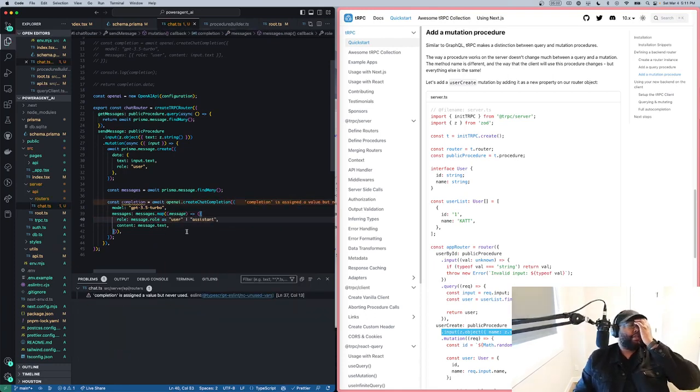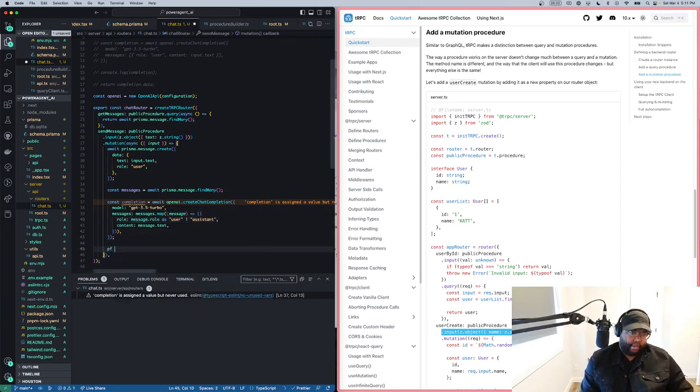So it wants me to make sure that the type of your role is either user or assistant, so it doesn't complain at me. And then after it finishes the completion,